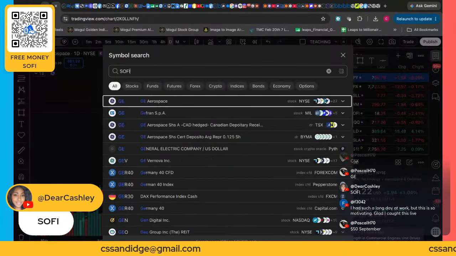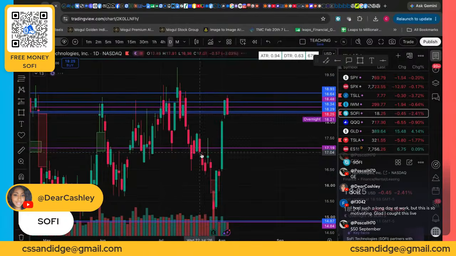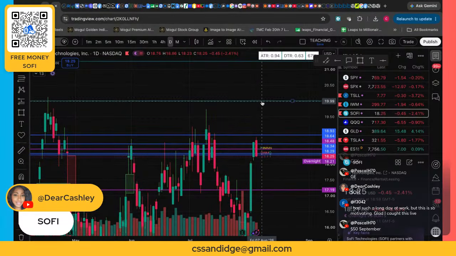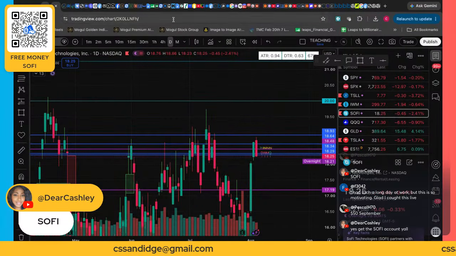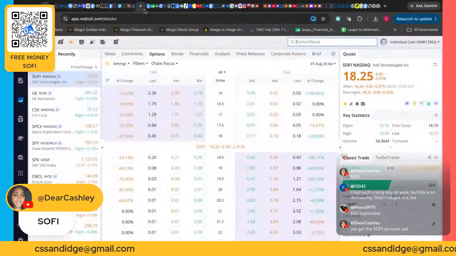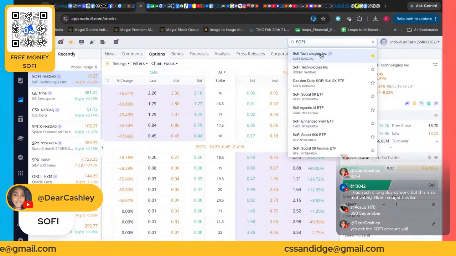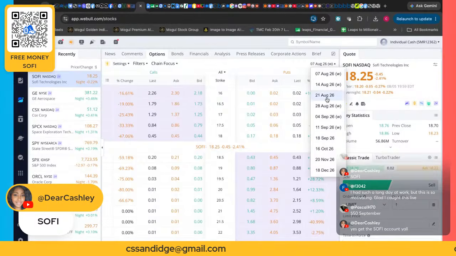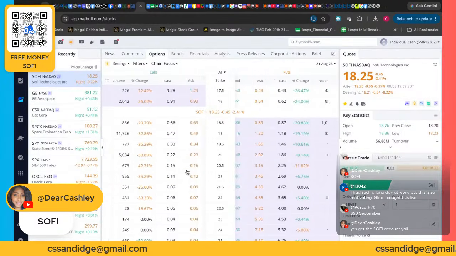Definitely SoFi back to 20. Definitely Santa Claus rally. They just have to get over these humps. So I like SoFi back to 20. You just have to be careful on the weeklies. Definitely buy more time on SoFi, because when they say stupid stuff, it can give a bit of a pullback. But I still like them to 20.